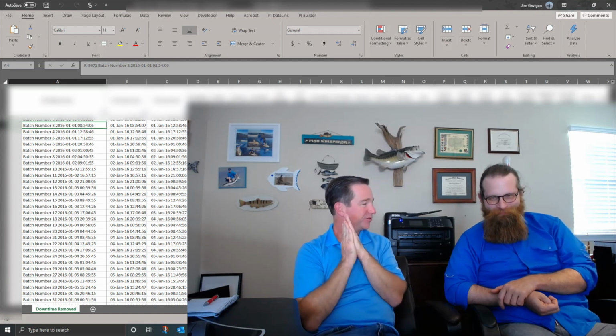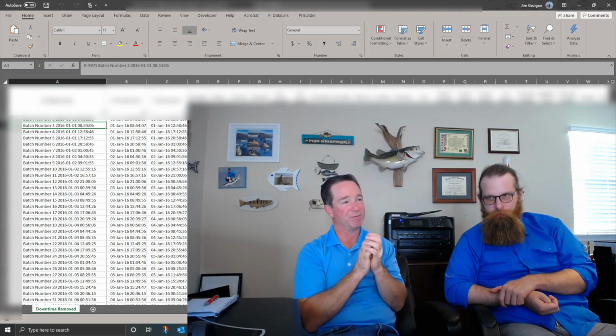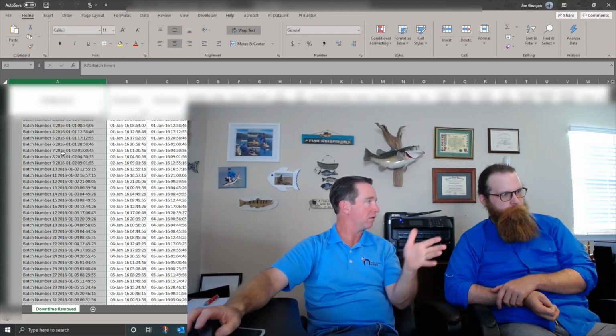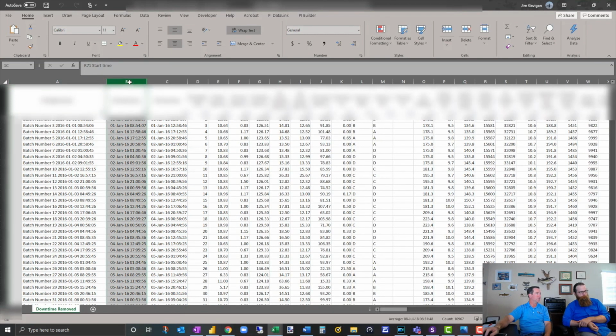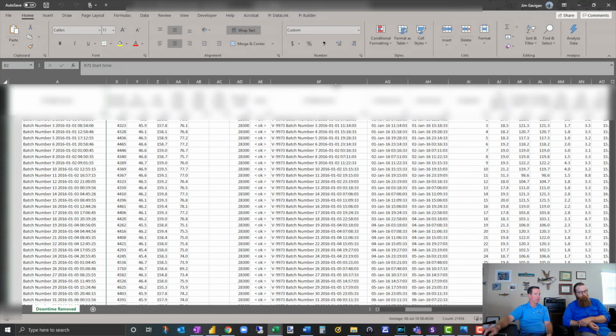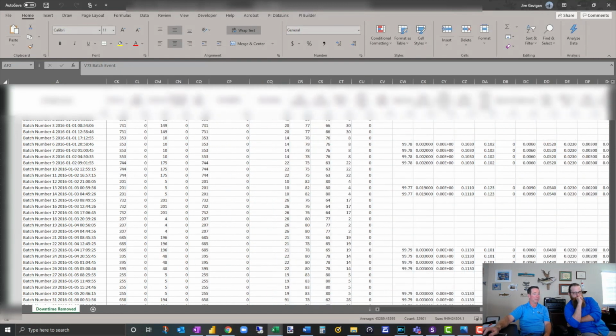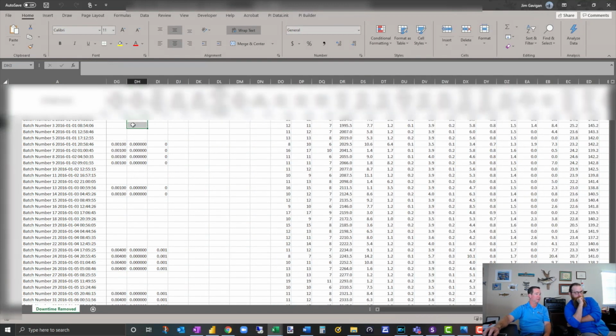However, there was still a bunch of data cleanup we had to do. So he had basically a batch event column. Then he had the batch start and stop times. We don't need that. I don't really need the batch number. There were a bunch more batch events, and some check column that I don't need. There was missing data. And then he had actually taken some lab data, so we had some lab data that was kind of missing.